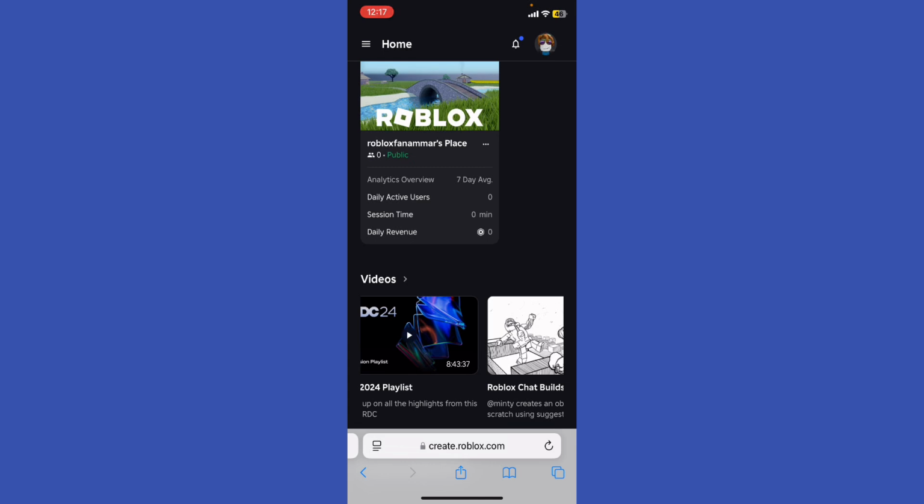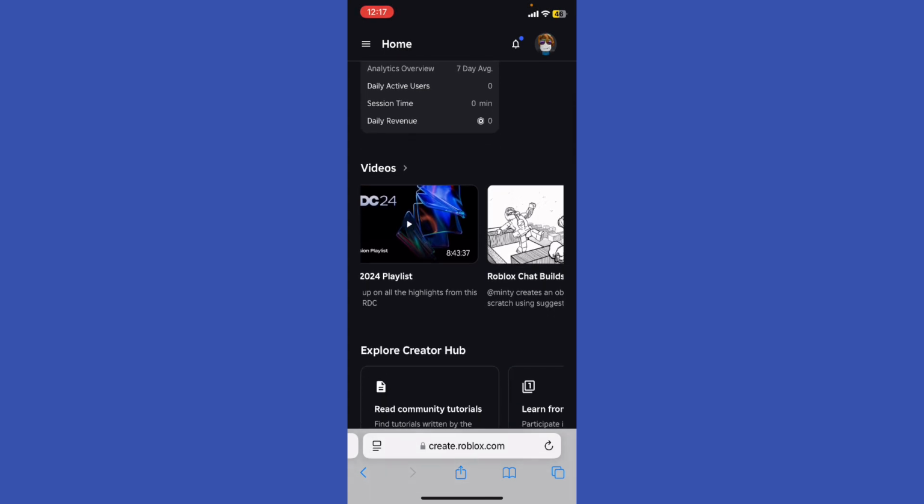Create a lever or a button that can be pressed to open the hidden room, and insert a script to